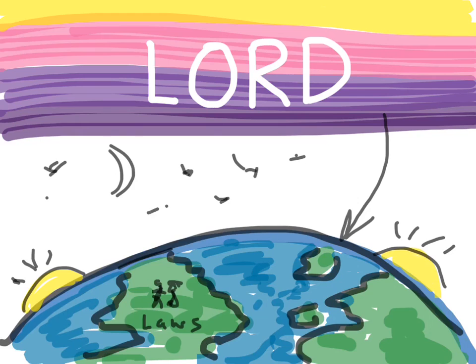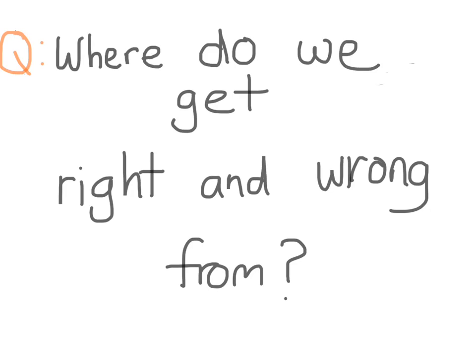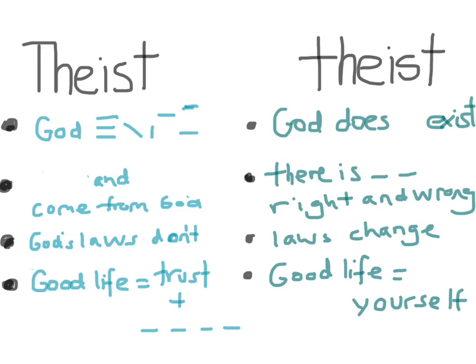Okay, so the Lord, He is righteous. And the world He has made, there are things here, things there, and ways to behave which are right. Correct, that's very good. So I've got a question for you. Where do we get right and wrong from? Stefan, it's easy, we just answered it. From God. Good.